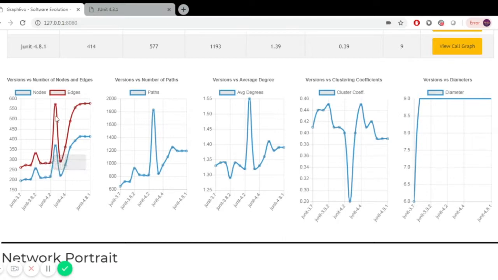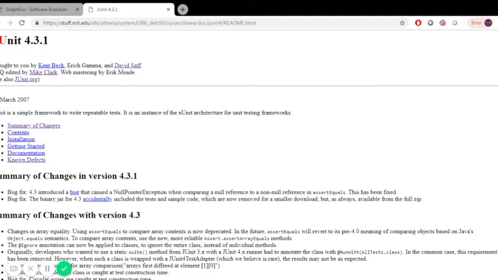We see here, for example, that JUnit version 4.3 has some abnormal activities. The number of nodes has simply increased, the number of edges has also increased, and therefore the rest of the related metrics of that graph were also affected. We have actually manually investigated version 4.3 of JUnit and discovered that the increase in nodes and